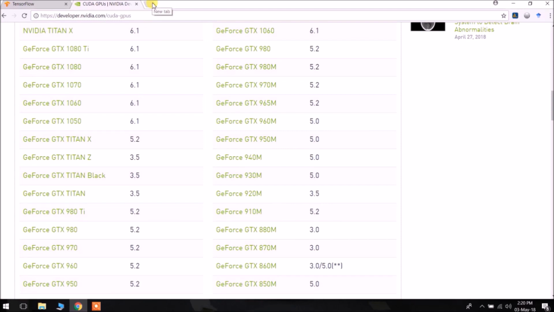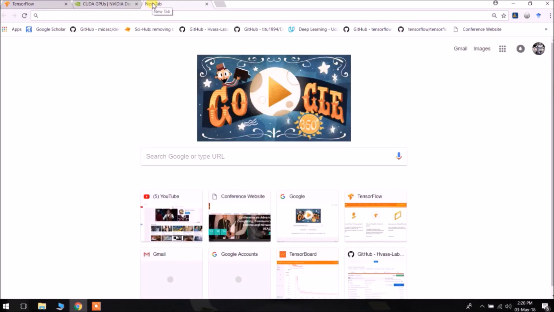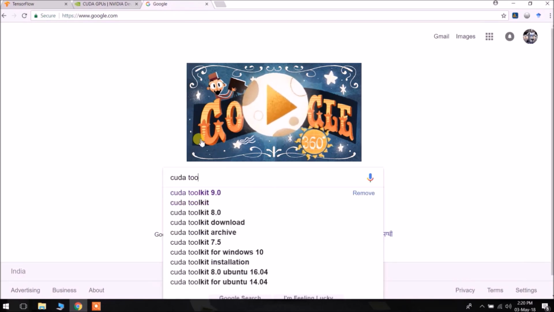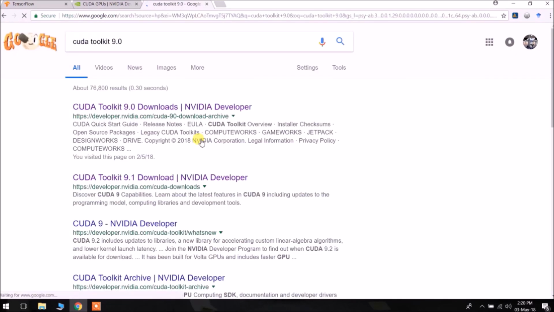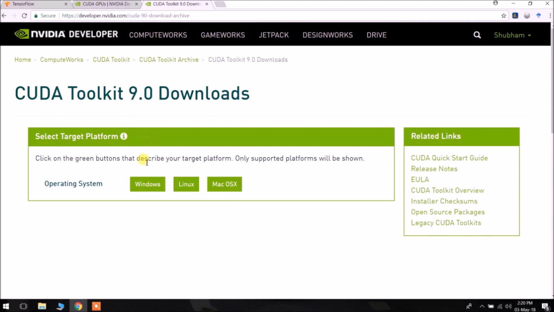Then we need to install CUDA Toolkit 9.0. You can simply search it by typing CUDA Toolkit 9.0. This will lead us to the CUDA Toolkit 9.0 download. Click on Windows OS,